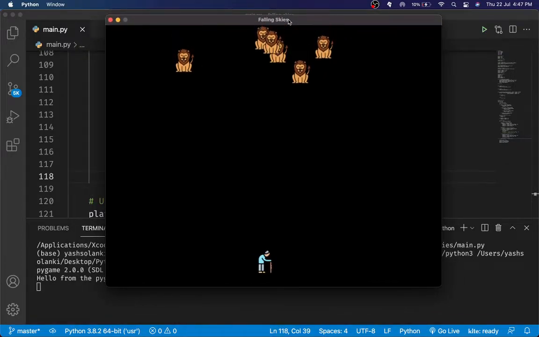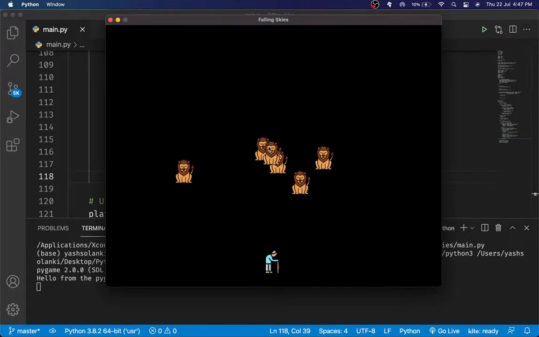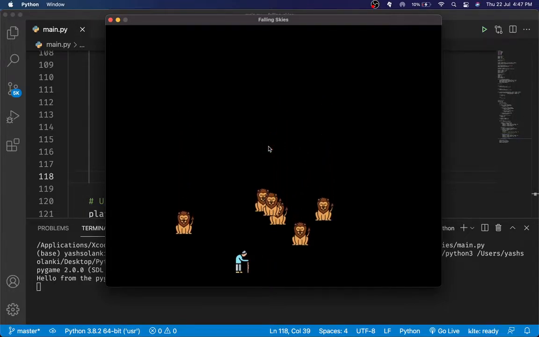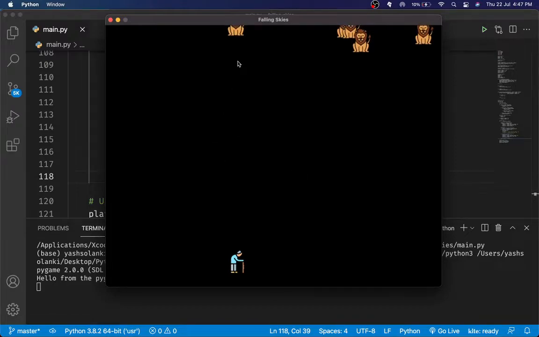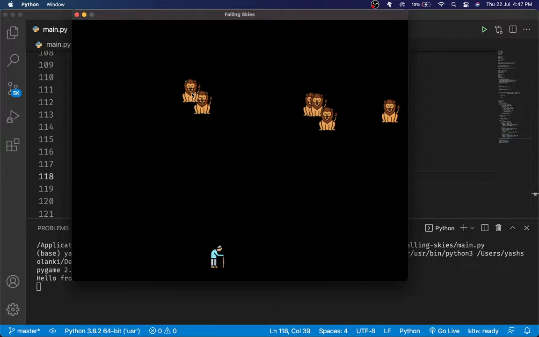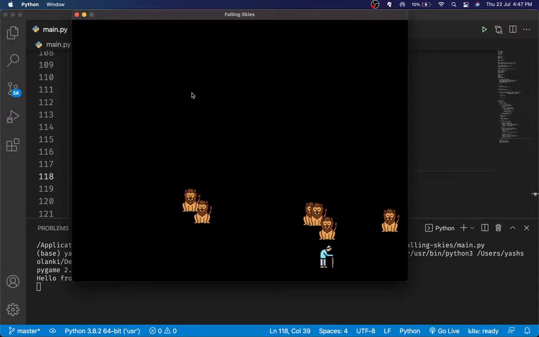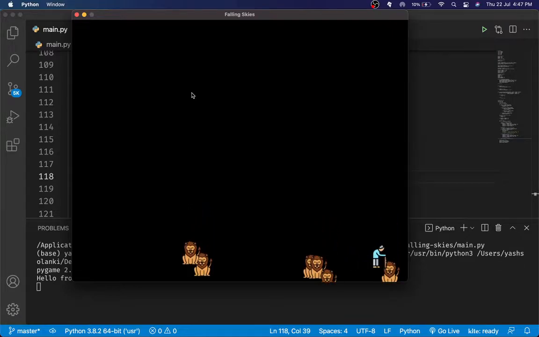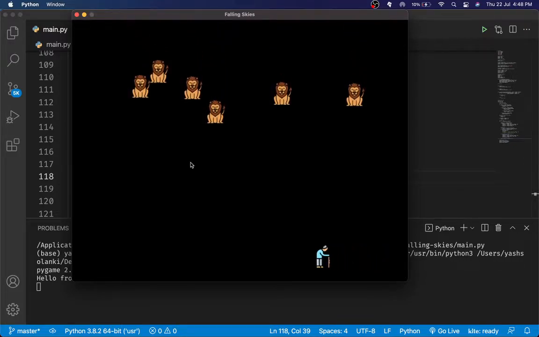Now I have reduced these speeds. They are actually increased when I am not recording. They are very very fast, so that's why I have to reduce those speeds. So that's why these things are super slow right now. So as you can see, these lines spawn at a different position. So I'm just gonna collide with some of these. Let's just collide with this guy. Come on. Okay, I think I should increase my player speed.